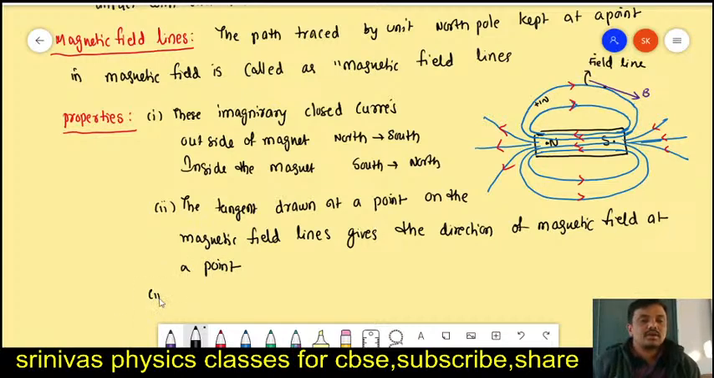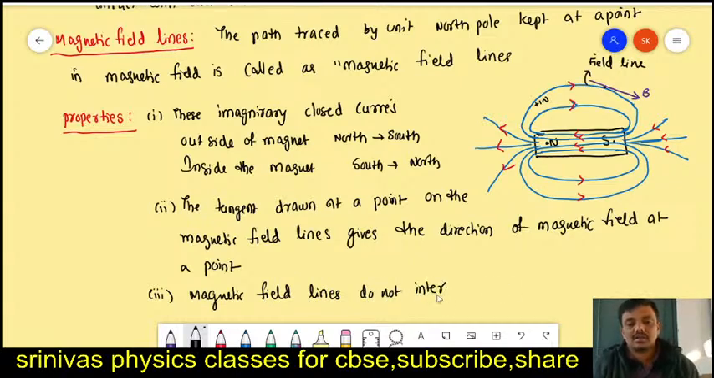And now the third one is very important. Magnetic field lines do not intersect with each other. They cannot cut each other. Why can they not intersect with each other? Because if they intersect, what happens? At the intersecting point,